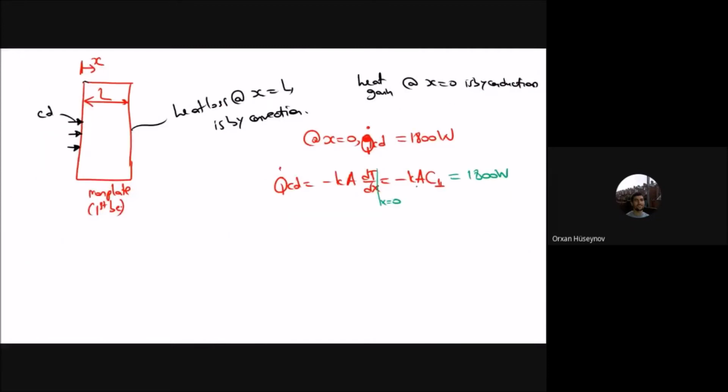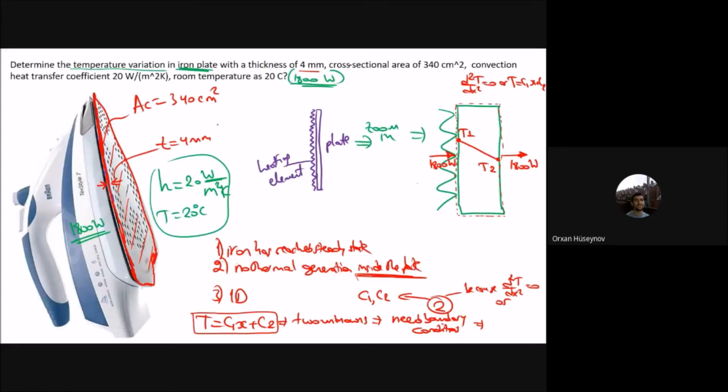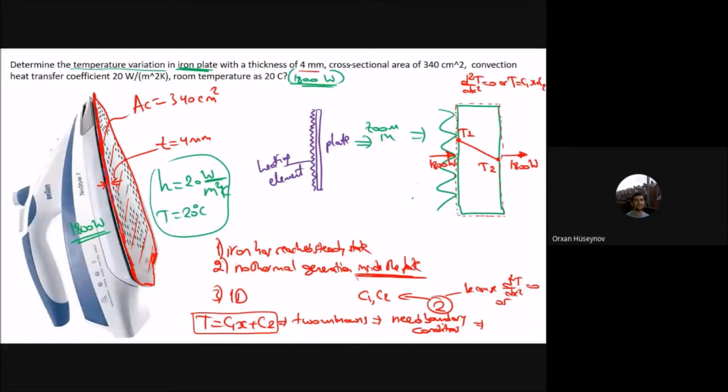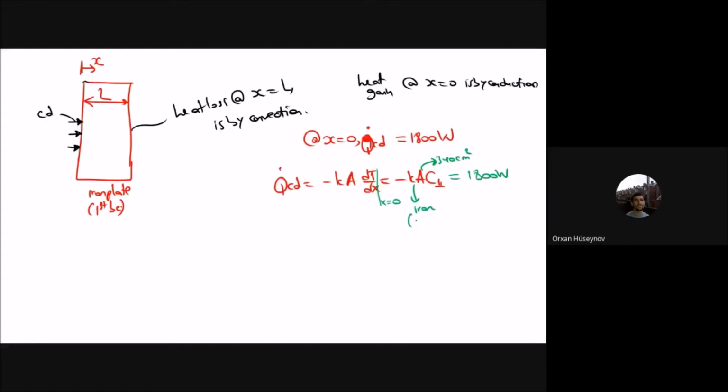Anyway, you can find the k value for the iron here, and the area of the plate is given as 340 centimeters squared. Say that the k value is, for example, 100. So this one is 100 watts per meter Kelvin. So if that is the case for the iron plate,